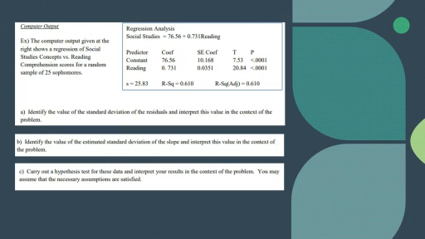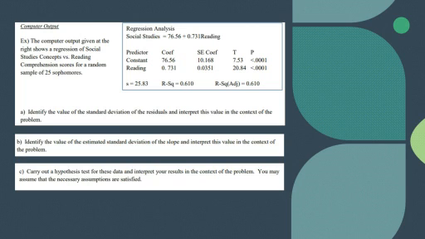Second one, identify the value of the estimated standard deviation of the slope and interpret this value in the context of the problem. And C, carry out a hypothesis test with these data and interpret the results in the context of the problem. You may assume that the necessary assumptions are satisfied. That last sentence is amazing, because under the plan, all you have to do is write that all conditions are met because it's stated. So we don't have to go through the linear